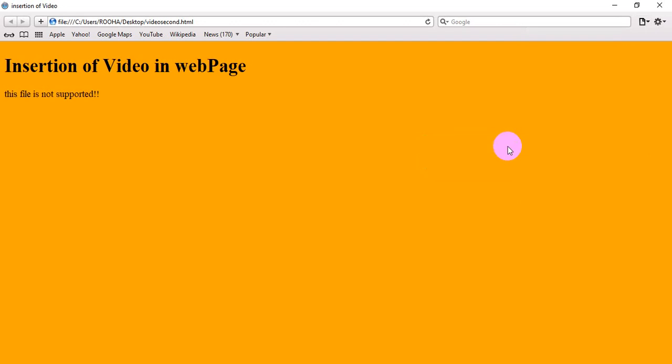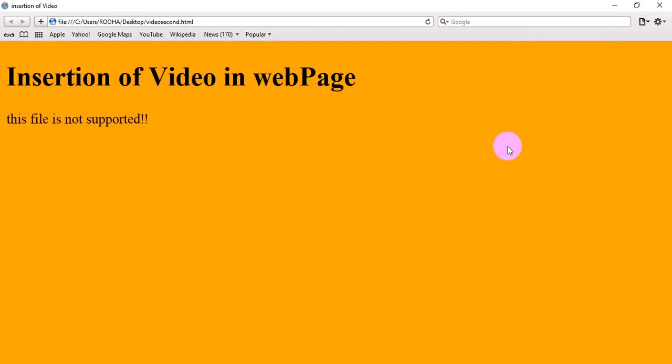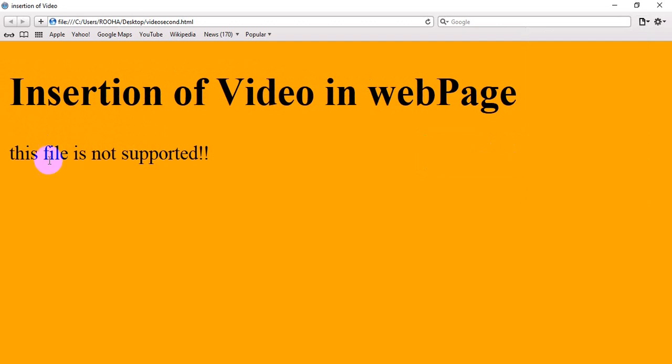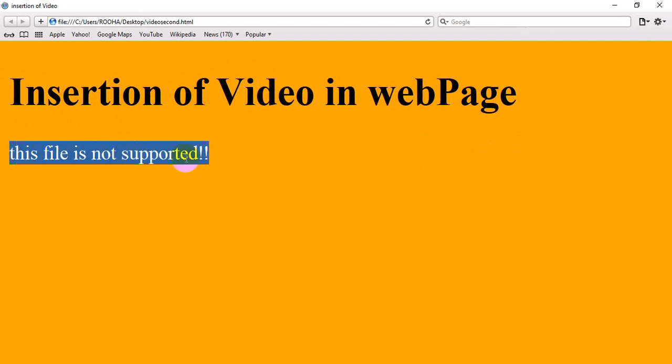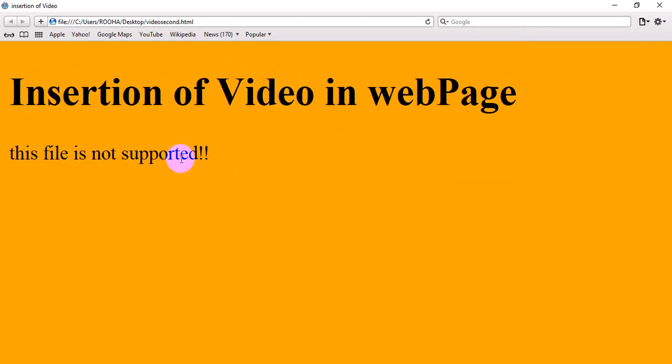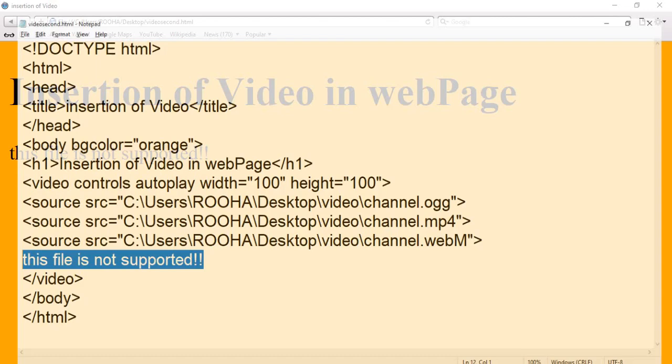Okay, now you can clearly see this message: this file is not supported. Why? Because we are not getting any video file on this browser. That's why this message is coming, and this message we have written in our video tag.